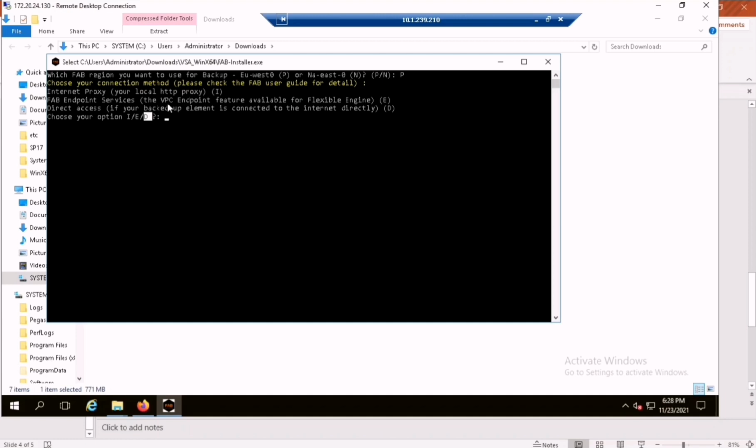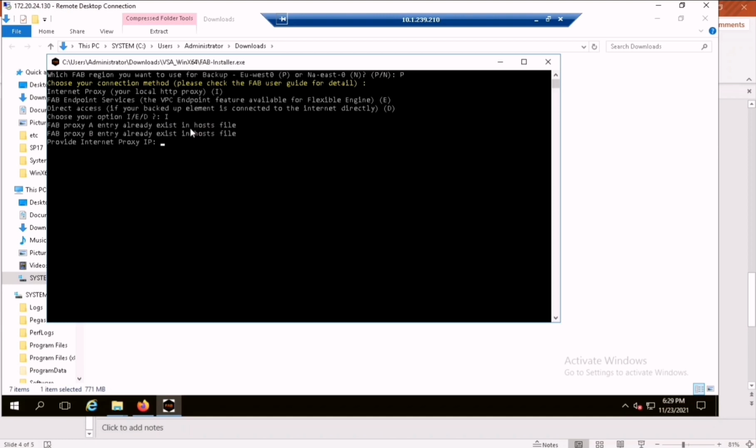If you are using a VPC endpoint service and if your VSA is actually hosted on Flexible Engine, Orange Cloud, you can select E. If you're using an internet proxy in order to connect to the fab environment, you need to type I. In this case, I'm using internet proxy in order to connect to the fab environment.